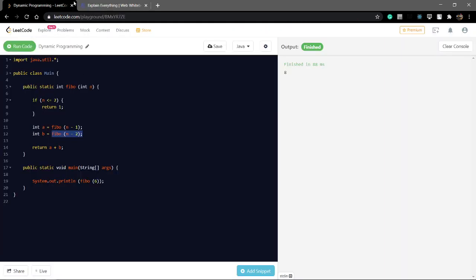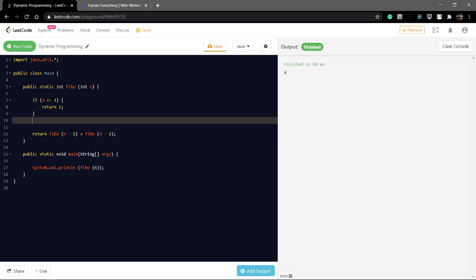Now it is good. Now we improve some of the coding part. Now return fibo(n-1) plus fibo(n-2), which is the same as before.